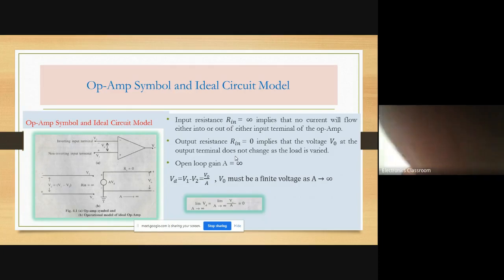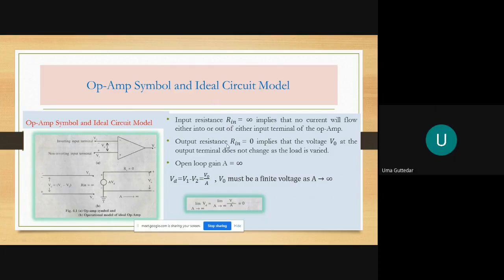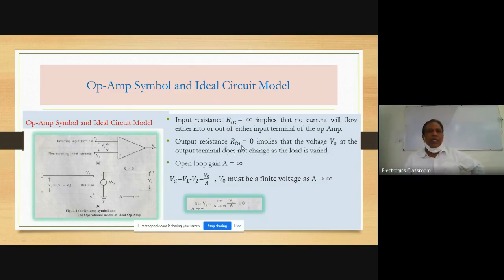OK, I will repeat. The second assumption is that R0 is equal to 0, meaning the output resistance R0 is equal to 0. It indicates something about the output voltage. You can look at the right side of this figure. The output voltage is V0, and when the output resistance R0 is equal to 0, the output voltage does not change with the load. Whatever power is delivered from this voltage source, denoted by A into Vd,